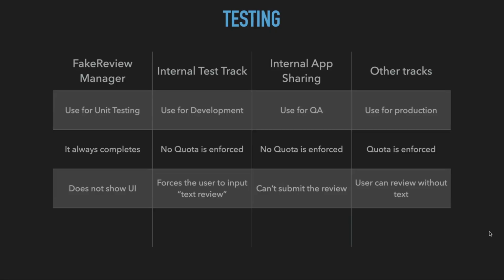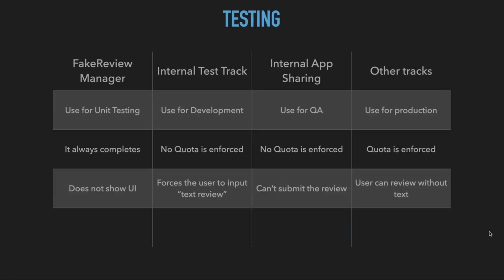So the moment you request a review, it will always return an object, and the moment that you launch the review, it will always complete without showing any UI. It's really just to test that the integration or the unit test happened properly, and after completion, your flow continues as expected. For developing or as well for internal testing, the best way to do it is with the internal